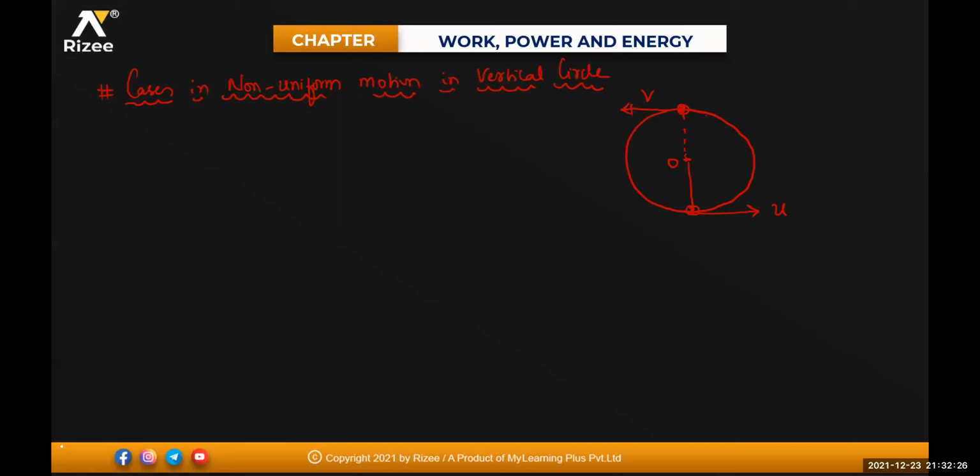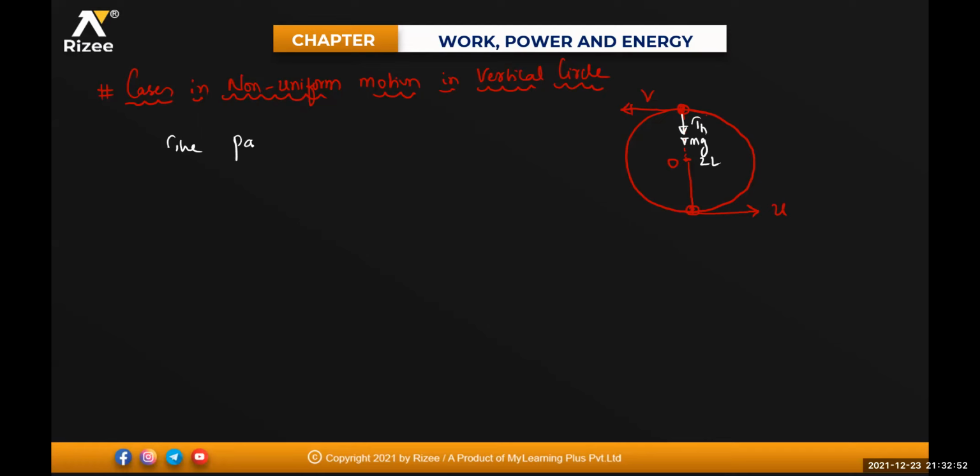Can anyone tell me? At the lowest position, the velocity is u. The distance between them is nothing but 2L. And the tension at the highest position is acting in the downward direction. Weight of the body is also acting in the downward direction. Okay. Now, the particle will make a complete vertical circle if the tension at the highest position is greater than or equal to 0. Okay.